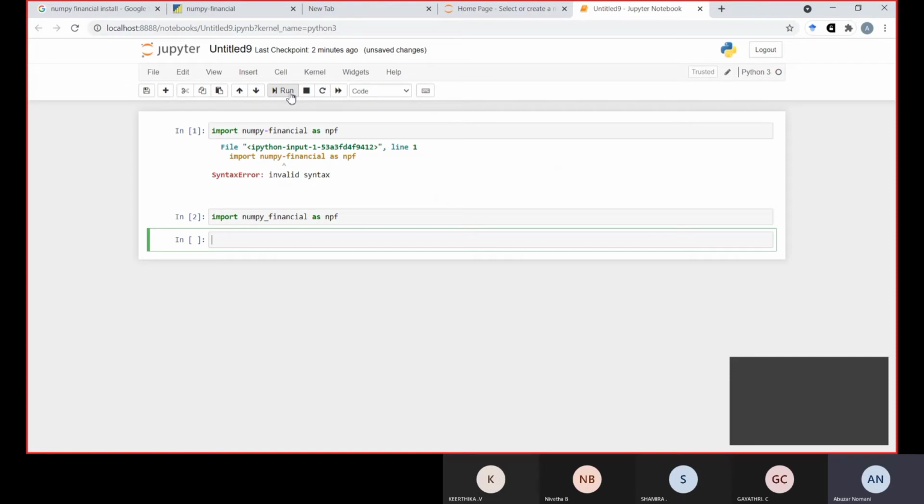Suppose we want to compute the net present value of certain cash flows. So we will give a cash flow here, any amounts we are going to put here.